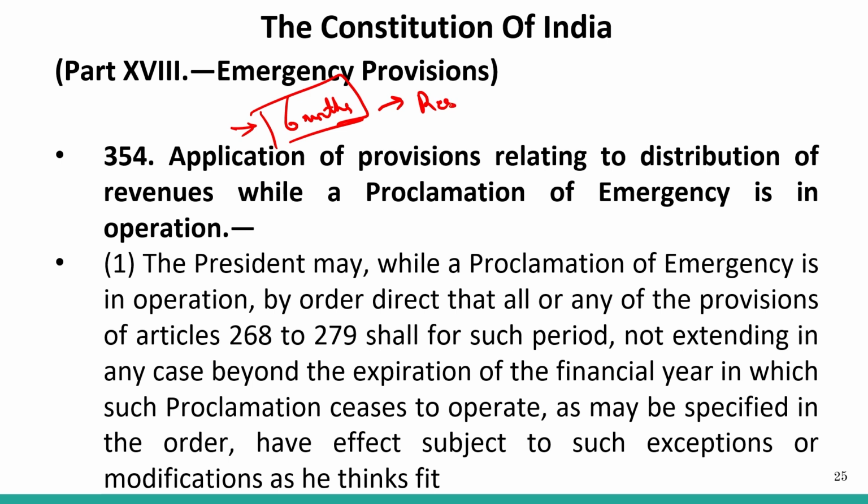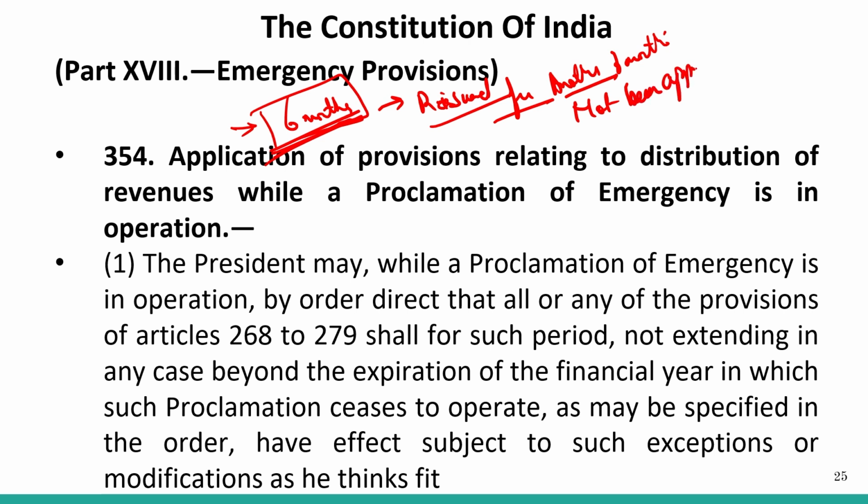for another 6 months. Now, there is one catch here for you to catch. If it has been approved, then it will be a maximum period of 6 months. If it has not been approved, then it will cease to operate after 1 month. So this is a different set altogether which you need to understand, that if the issuance